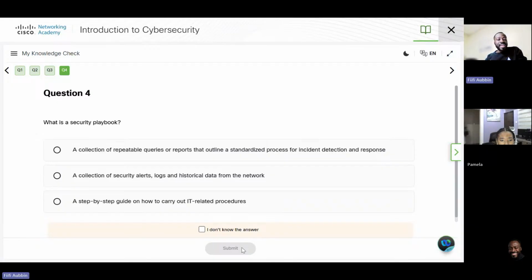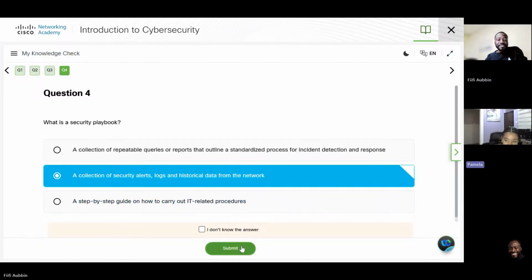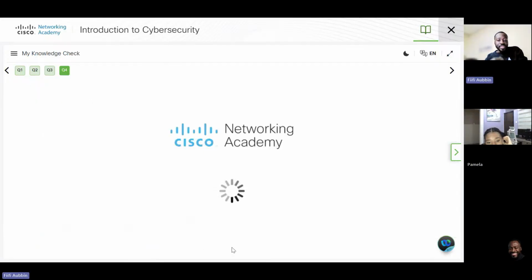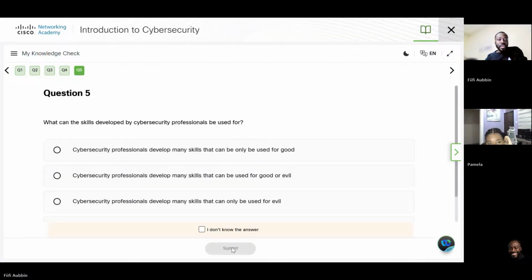A step-by-step guide on how to carry out IT-related procedures. This one, I don't know, but I'll say maybe it's security alerts, logs, and historical data from the network. I don't know, but I'm just trying to give an answer because I don't want to say I don't know the answer. Okay, you don't know? Okay, so let me hit I don't know. Submit.